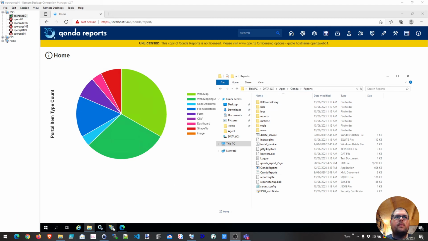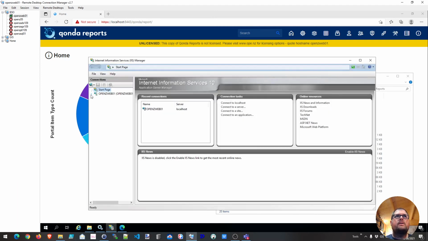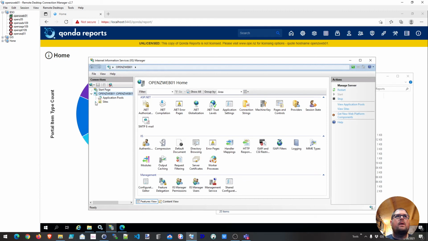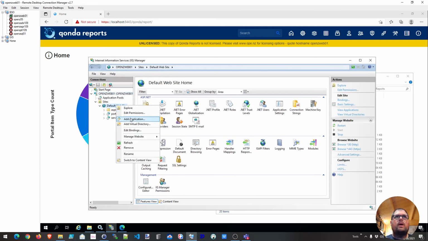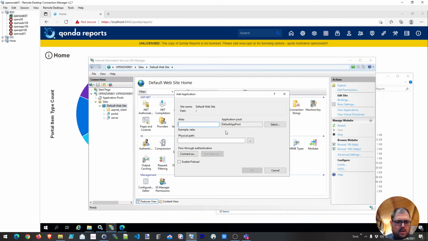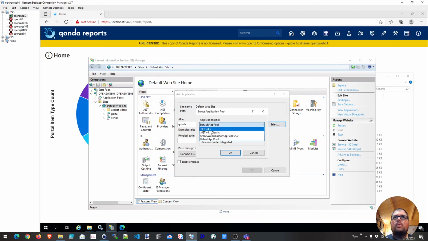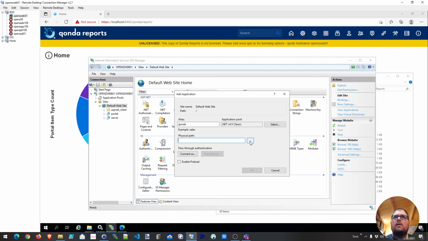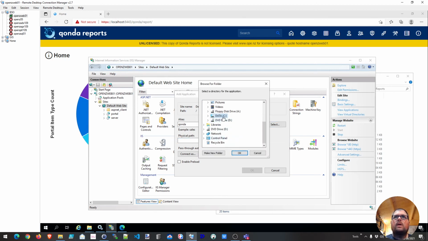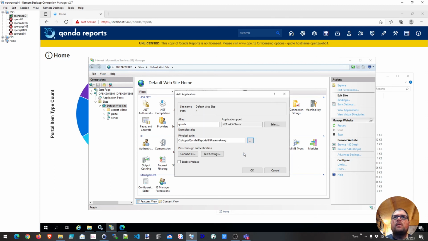So to set that up, we need to start up ArcGIS manager, and we can go to our sites, default website, we create a new application, and we call this Qonda. The application pool needs to be .NET 4.5 Classic, and the physical path, we can change that to the directory where the reverse proxy is. So we choose the reverse proxy, press OK,